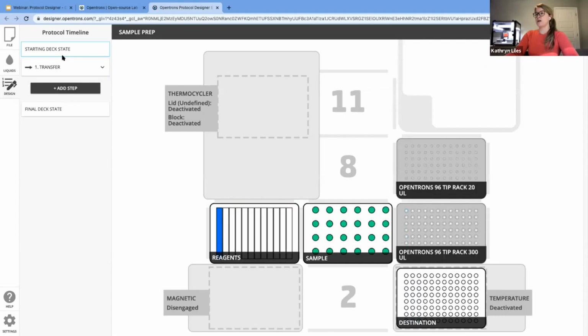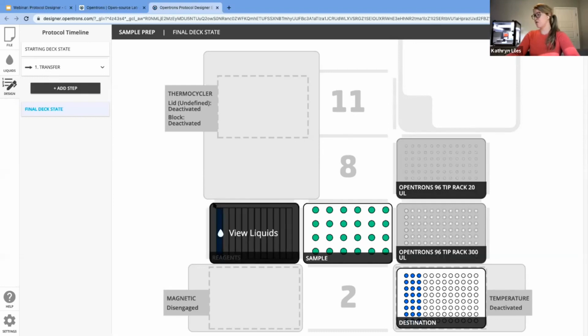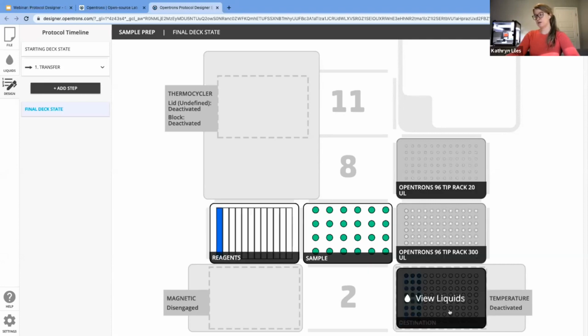Once you've built your protocol and created a series of steps, then you can see in the final deck state of the instrument all of the liquid handling steps that have been completed. So our protocol so far is pretty simple. What you can see is that we have loaded reagent from the first well of our reagent trough and loaded it into the first 3 columns of our destination plate. And you can see now that our destination plate highlights in blue corresponding with our liquid color in the final